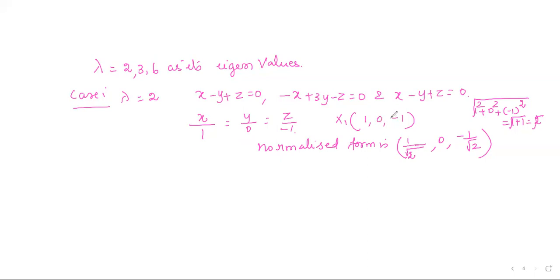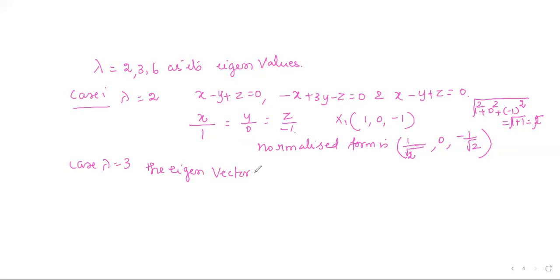So each entry of x1 is divided by root 2. So that is the normalized form. Then similarly, corresponding for the next case, lambda is equal to 3, the eigenvector is